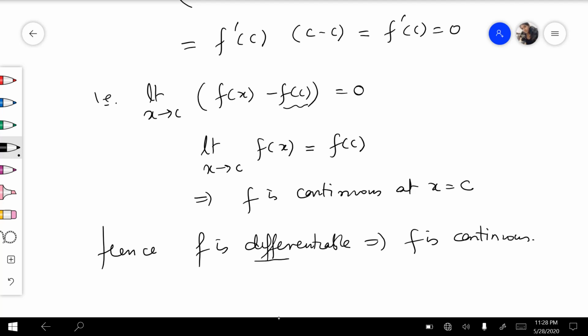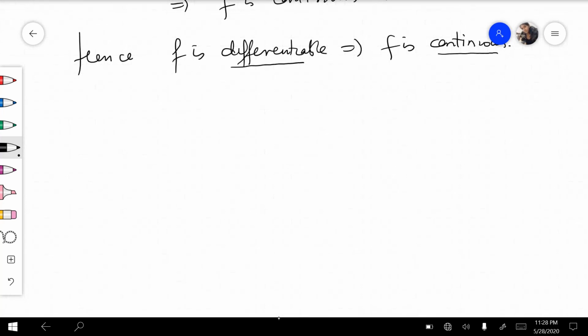That means जो फंक्शन डिफरेंशिएबल होता है किसी पॉइंट पे, उस पॉइंट पे वो कंटिन्यूस भी होता है, बट इसका कन्वर्स जो वो ट्रू नहीं होता. तो उसके लिए मैं एक एग्जांपल ले रहा हूँ. शो दैट